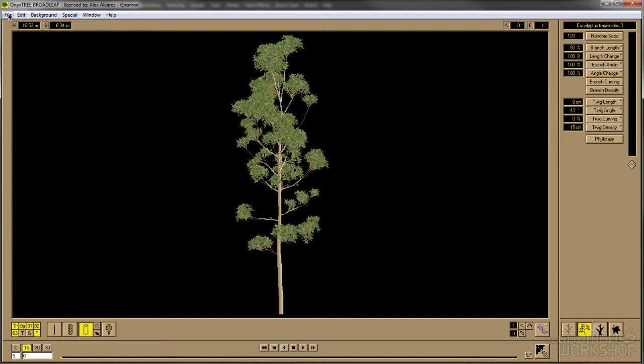But basically, just export them one at a time. I didn't really change any of the settings. That's one of the nice things about Onyx, is that a lot of these presets are kind of good to go. So one at a time, I loaded each one of those eucalyptus trees in Onyx, and then I exported them. And so once we get over to Maya,